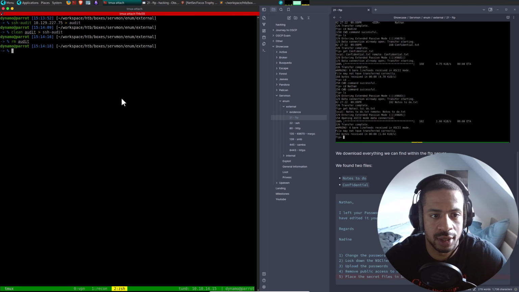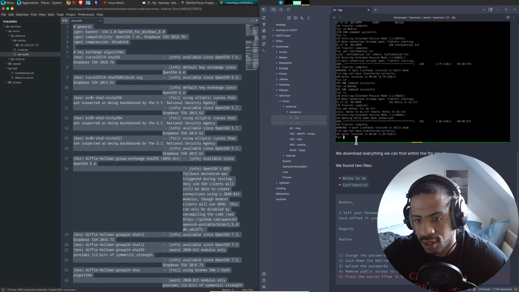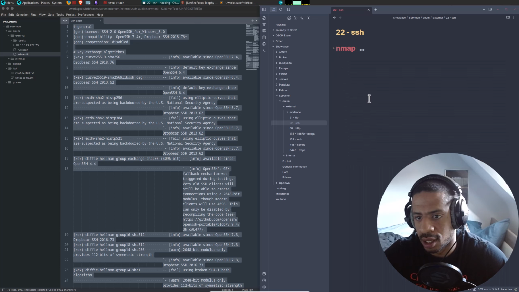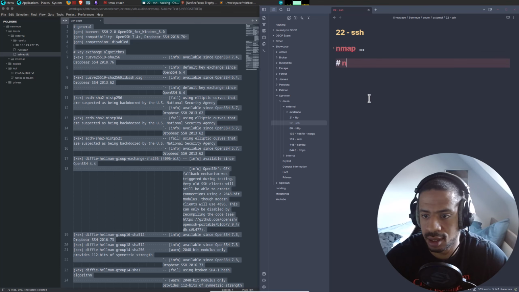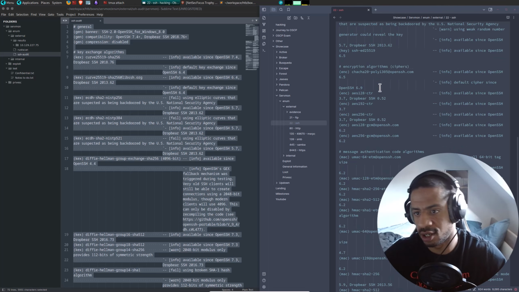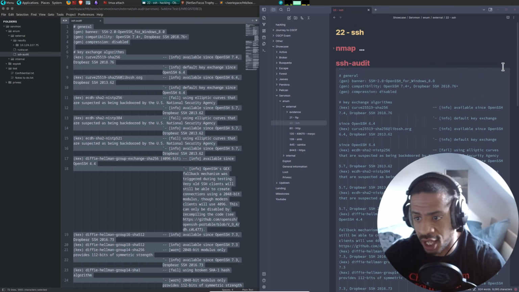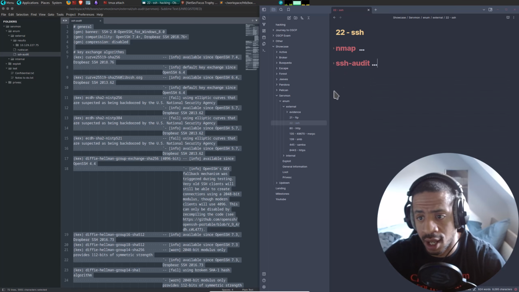Remove audit and take all of it, collapse this, SSH audit, paste that here. As usual, I do not believe that SSH is our way in, and we have confirmation of this.